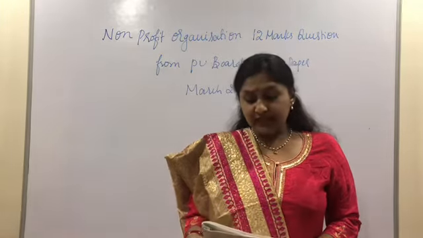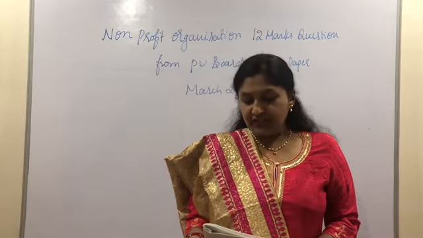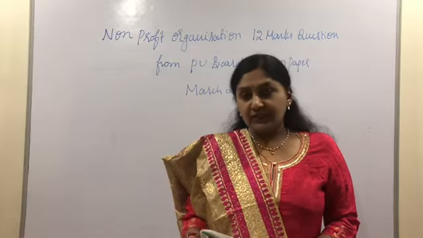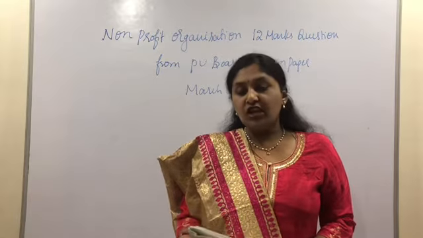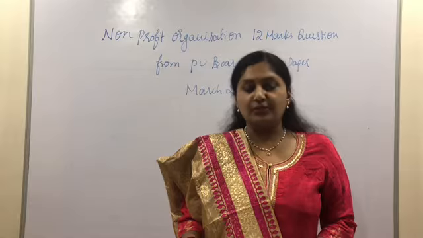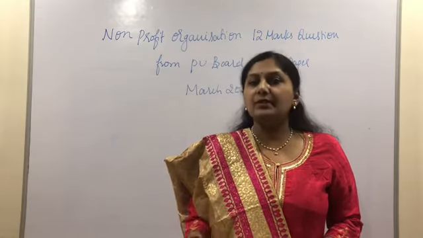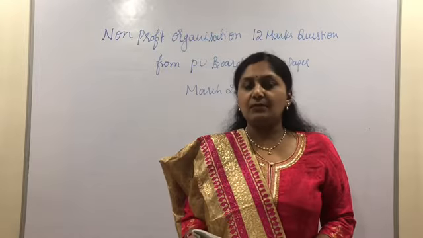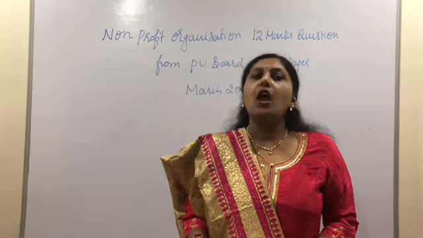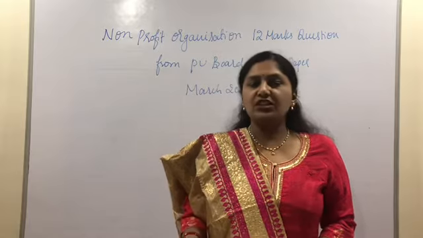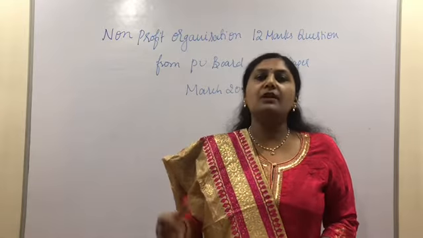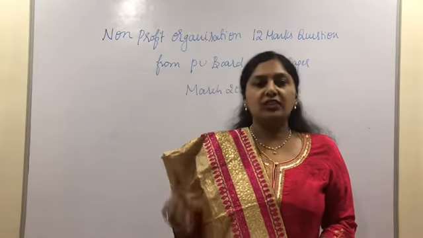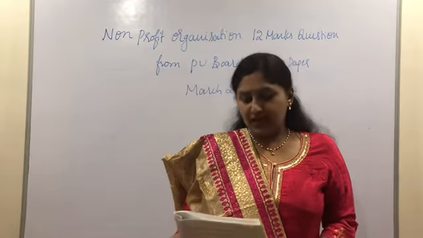Again, the adjustment says capitalize 50% of entrance fees and 100% of donation. So here 50% of entrance fees need to be capitalized and donation 100% we need to treat as capital. So before I said both 50%, I am extremely sorry. It is 50% entrance fees we need to capitalize and donation 100%. So 50% of entrance fees once we need to treat it below the income and expenditure account, one more time below the balance sheet. But when it comes to donations, directly we are adding this balance of donations to the capital fund in the liability side of the balance sheet.